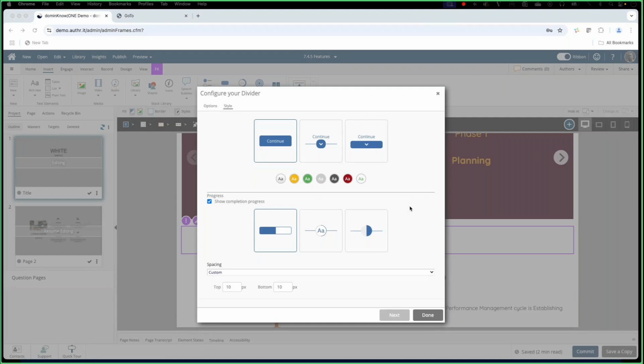So the dividers have a lot of flexibility, a lot of really neat functionality. They can simply be visual design options to help provide a greater sense of structure to your page, particularly for longer scrolling pages. And they can also be used for gating content, making sure that people complete things before they can move further down on the page or even move to the next page.